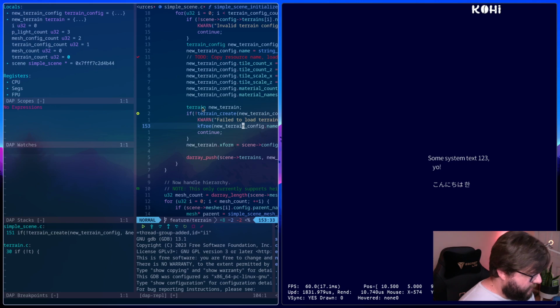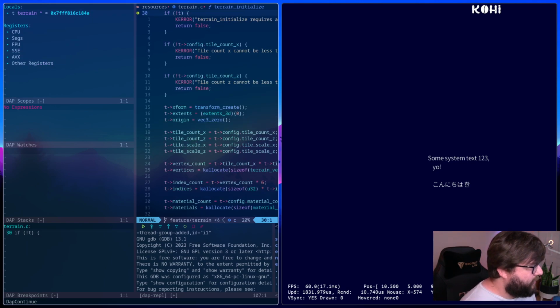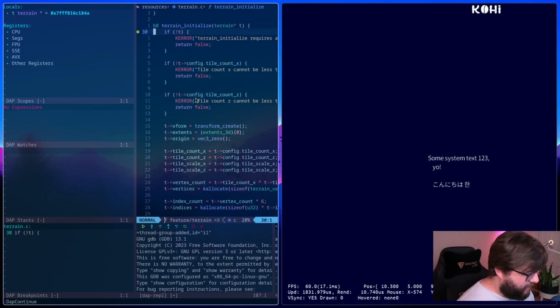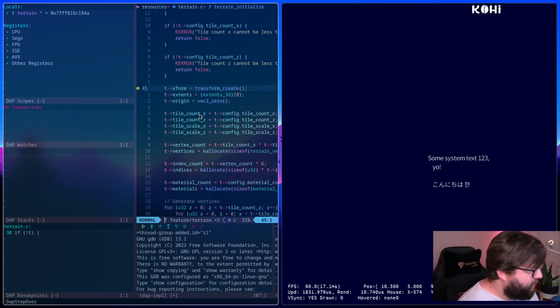There's our terrain create, so we can actually kill that breakpoint and move on. And now we actually have our terrain initialized. So since we have our breakpoint here, why don't we just step through it real quick? So it looks like it passes our basic tests here.